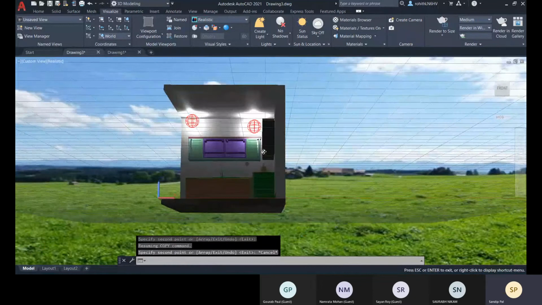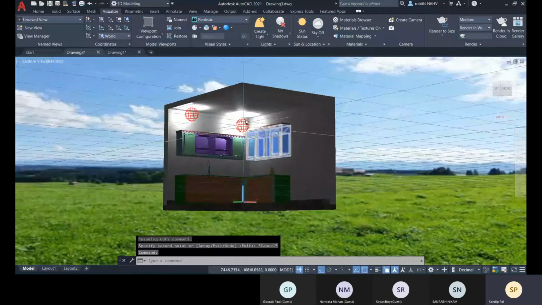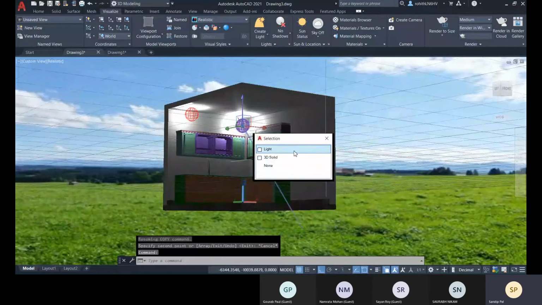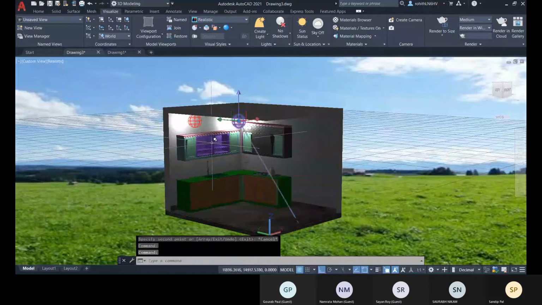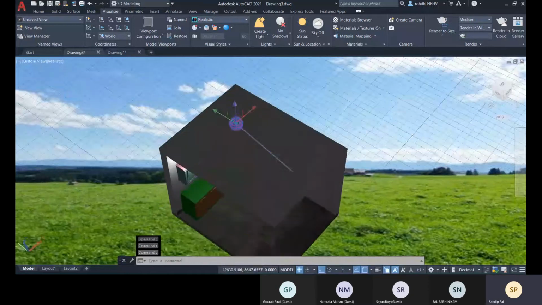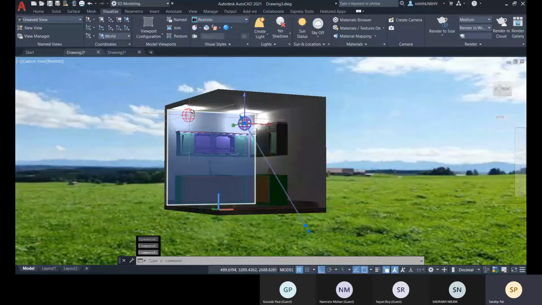So this also you can create duplicate objects. Okay, so now let's select this too.